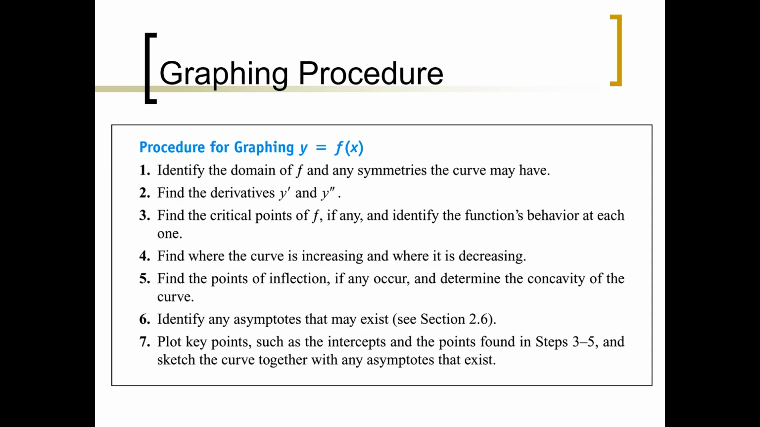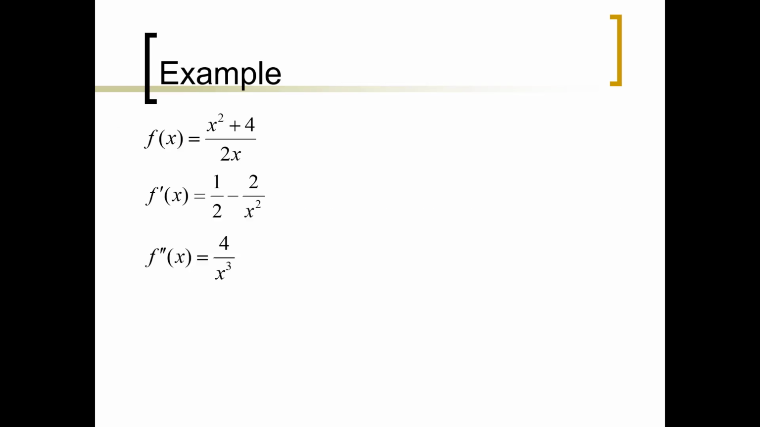Finally, you then find any key points where anything is changing, such as intercepts or any of the points we found from steps 2, 3, 4, 5, and so on, and just put it all together to sketch the graph. Let's use those steps to find a sketch of the graph of this function, encapsulating all the important behaviors of that function. So to do that, the very first thing we need to do is find out